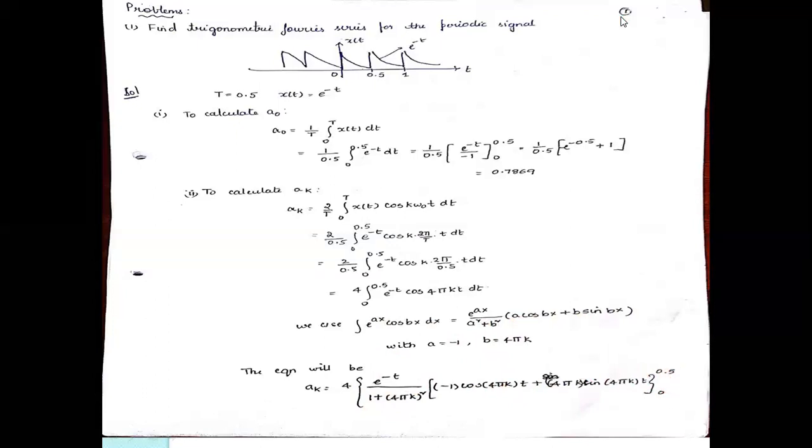We already saw this one, and I am briefly explaining. Simplify by substituting the upper limit 0.5 to get these two terms, and the lower limit 0 to get these two terms. See, cos 0 we know is 1, and sin 0 is 0. Here the 0 will get 0. And for the first and second terms,